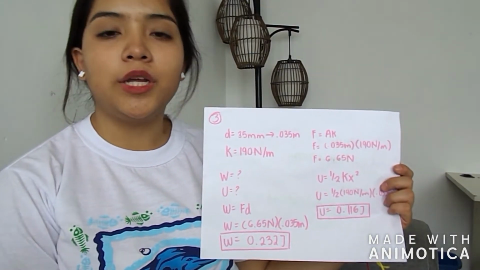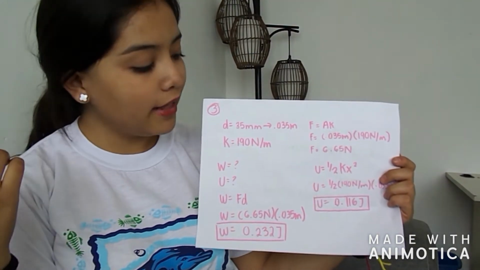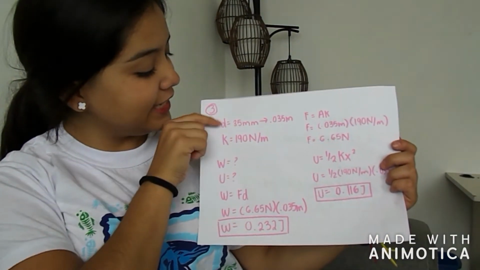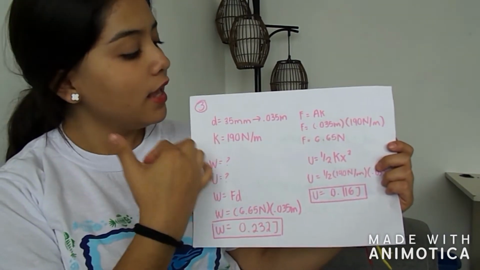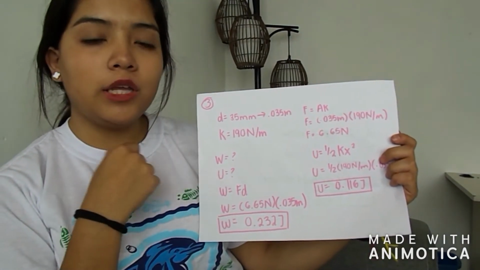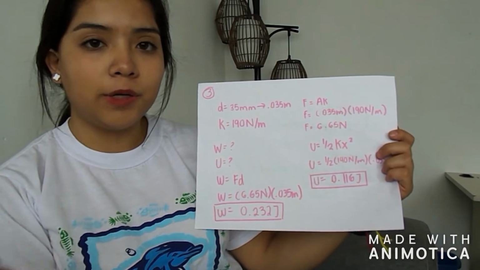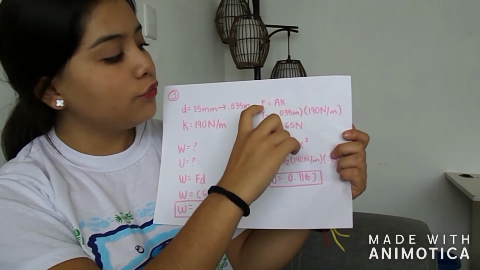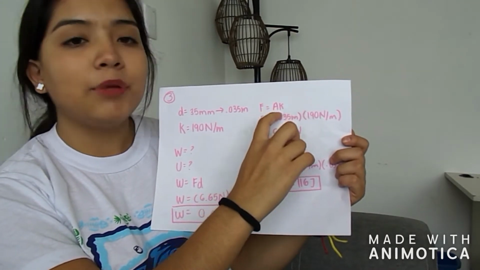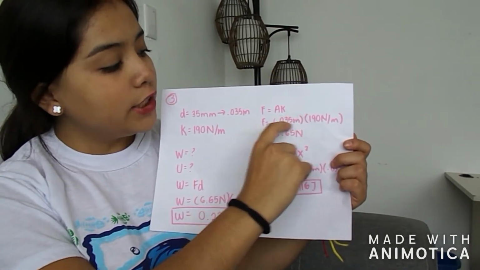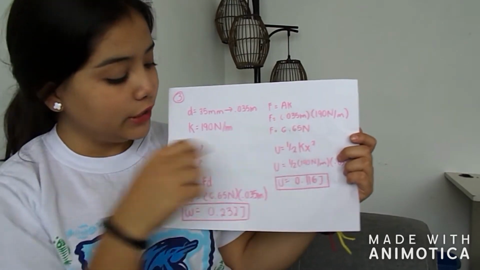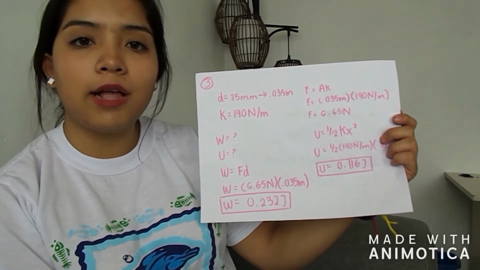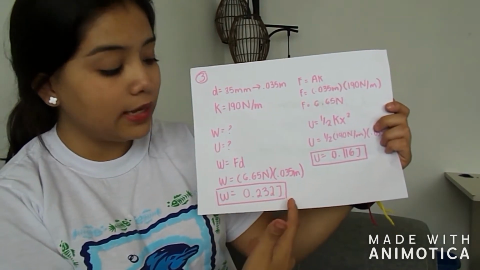In problem number 3, they are asking us for work and for potential energy. The data that they gave us is distance and the constant of K. So for work we need to know the force, because the formula is force times distance. So we're going to use the formula of force, that is amplitude times constant. We substitute the values and we have the force. Then we use the formula of work and we substitute the values of force and distance, and we got this